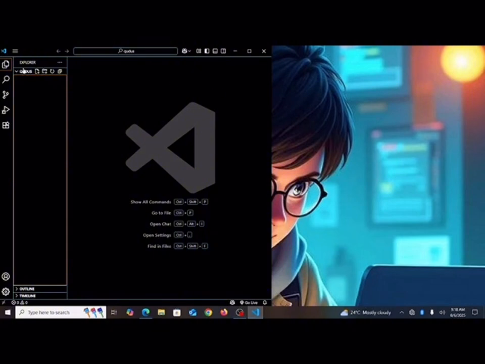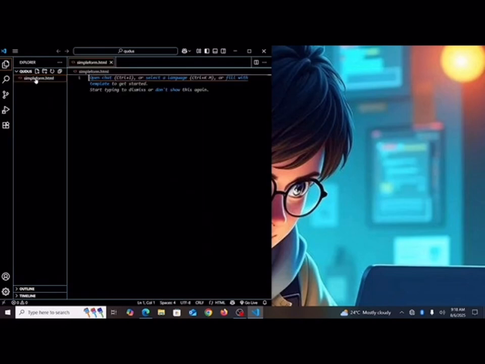I've already put this folder inside it. So the first thing we need to do is create your HTML file. Let's just name it simple form dot html. Enter. So this is it. First thing we need to do, as I explained to you on day one of the HTML,